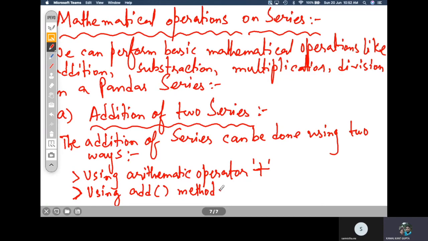Treat that NaN value as 0. Treat the unknown values for the time being as 0. If you want to perform this type of thing, you want to reload NaN with a new definition, say 0. Take all NaNs as 0 and add them with the number to give me a perfect numeric value, not NaN. Then the add method will be used, as it will provide you that option. Okay, so let us see what this means in detail.